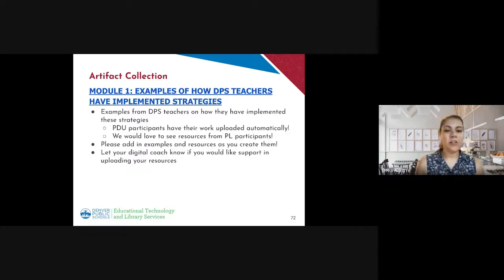So if you're doing something in your classroom and you're like, oh my gosh, my mind is blown, this was awesome and really changed my instruction, and I want to share that resource with others, please share that. We have a dedicated folder to just examples of how DPS teachers have implemented strategies.